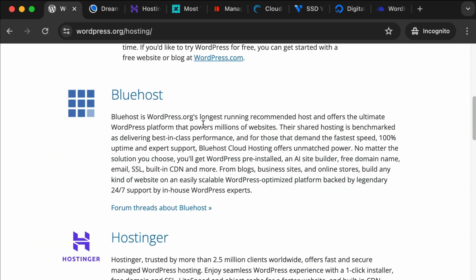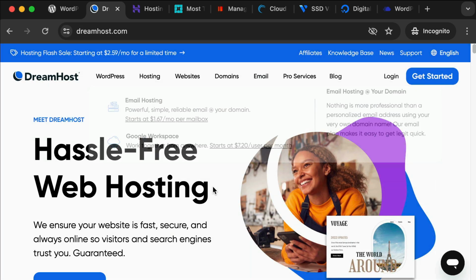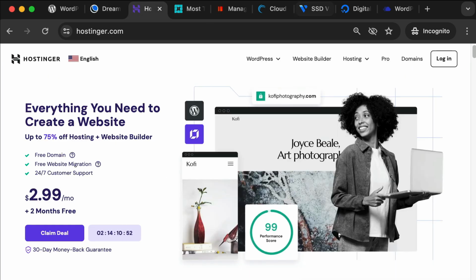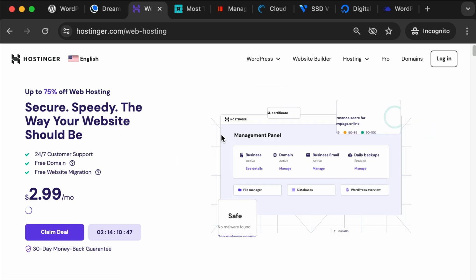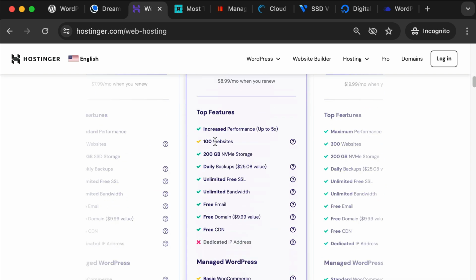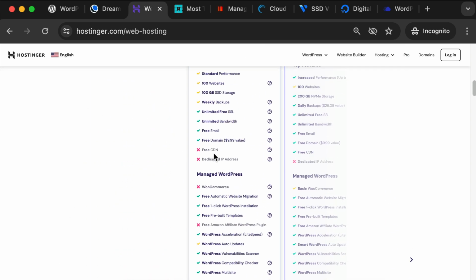Okay, so the next one is Hostinger. So from their website, I'll let you know that I've never used Hostinger personally, but if I wasn't using DreamHost, just from what I've seen, my next bet would probably be Hostinger. Because on their website, under hosting, if you click on web hosting, and then look at their different deals down here, you can see that even their most, let me zoom out a little bit,